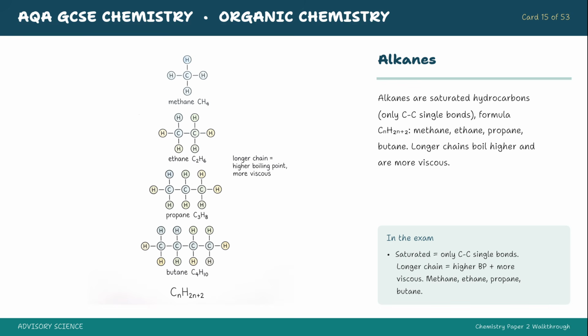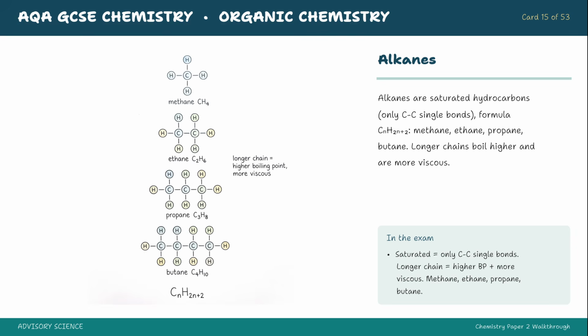Alkanes. Alkanes are described as saturated hydrocarbons. The term saturated means that all the carbon atoms are joined together by single covalent bonds, meaning the molecule contains the maximum possible number of hydrogen atoms. The first four alkanes you need to know are methane, 1 carbon, ethane, 2 carbons, propane, 3 carbons, and butane, 4 carbons. They follow the general mathematical formula